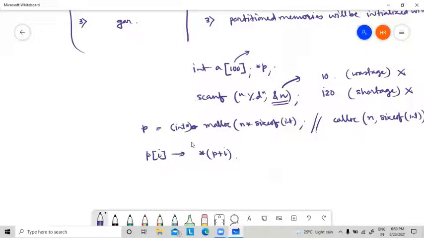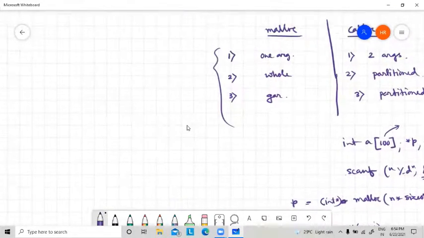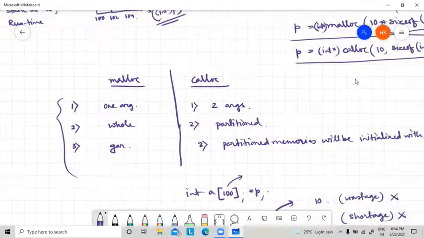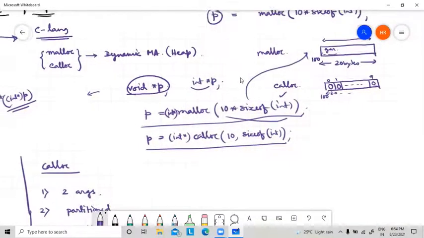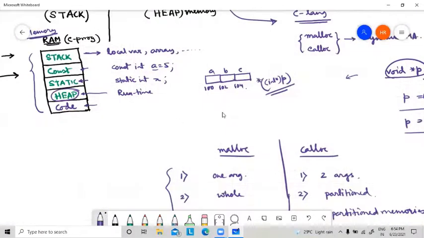Anything you can use, because in the last class we have seen these two are equivalent. Very clear? So using this concept, you can use the malloc calloc function for a set of integer values or float values or other values. We also use arrays, but since an array is static, there may be some shortage or wastage condition. In case of malloc calloc or dynamic memory allocation, there is no such condition.